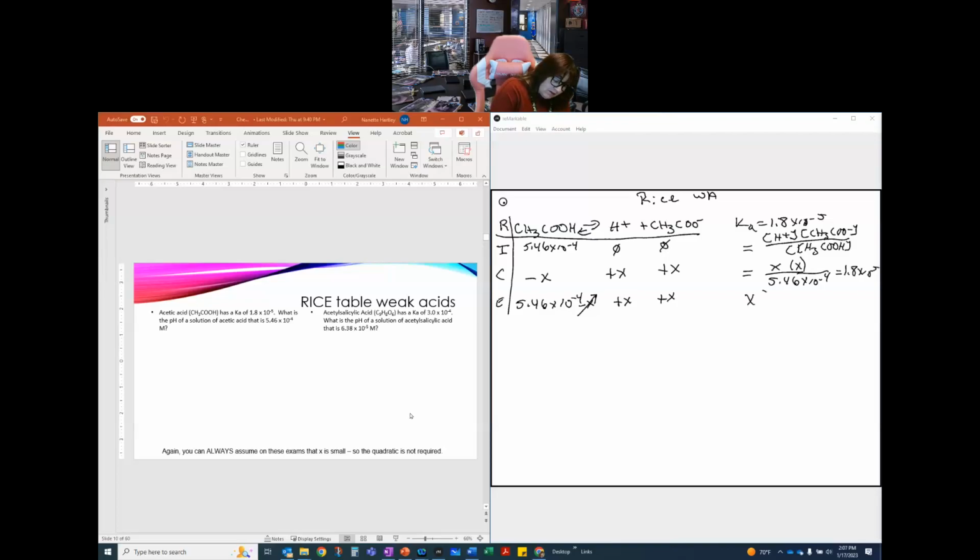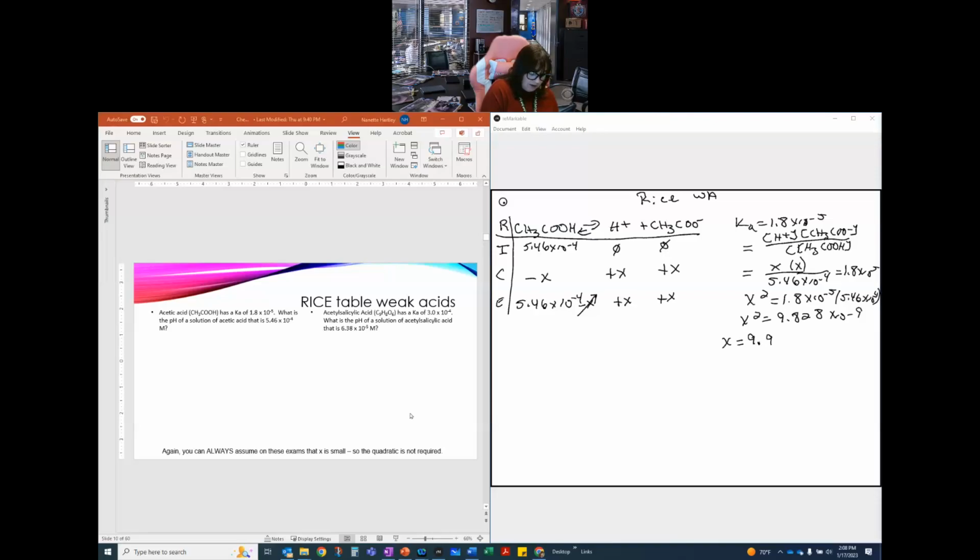So my x squared is equal to 1.8 times 10 to the minus 5th times 5.46 times 10 to the minus 4th. So if I do some happy math with that, I find that x squared is equal to 9.828 times 10 to the minus 9th. And if I take the square root of that, I get an x equal to